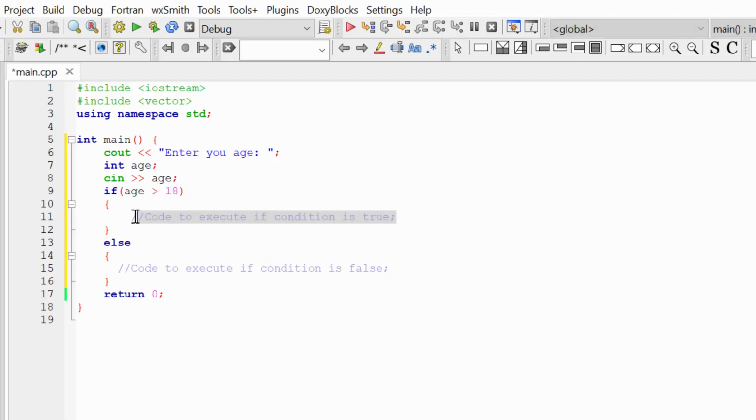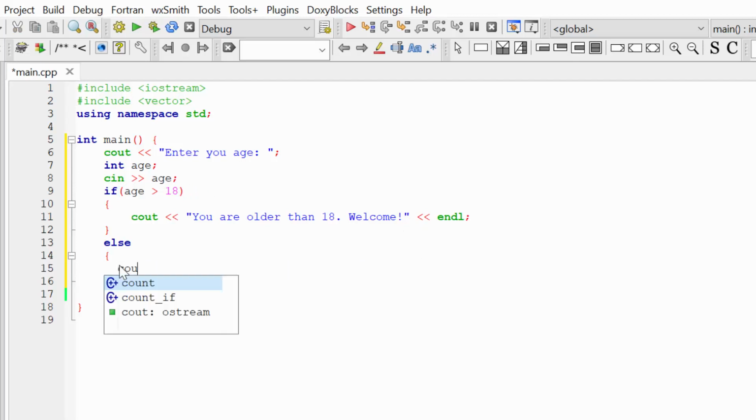And if age is bigger than 18, we are going to greet our user, cout, you are older than 18, welcome, end line. And if our statement is false, if the age of our user is equal or less than 18, we are going to write a different statement.